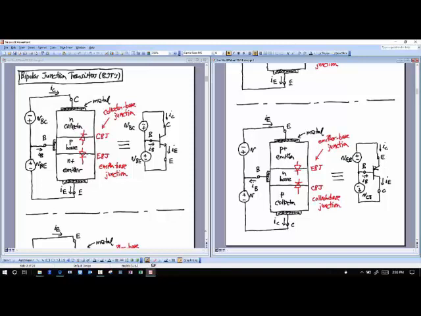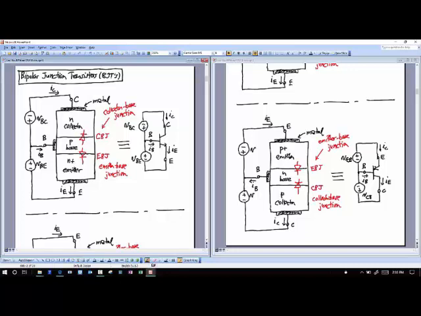Why am I going through all this for you? Mainly because what we really want to do is think how this operates. How does something with back-to-back diodes operate as a transistor? So remember what a transistor is supposed to do. It's supposed to allow you to control how much current flows between two terminals. And so the two terminals you're controlling current between are the collector and the emitter. Okay?